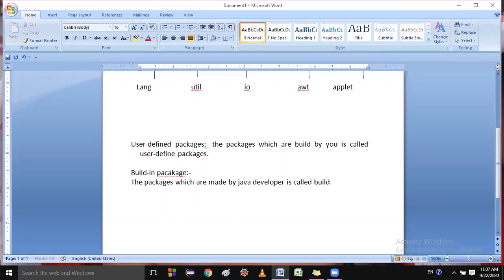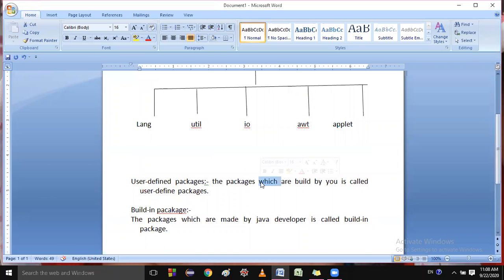That means the people who developed Java made some packages and kept classes and interfaces in those packages. These are called built-in packages. What are these? The built-in packages are lang, util, io, AWT, applet. So many packages are built-in in Java. Is it clear to everyone?